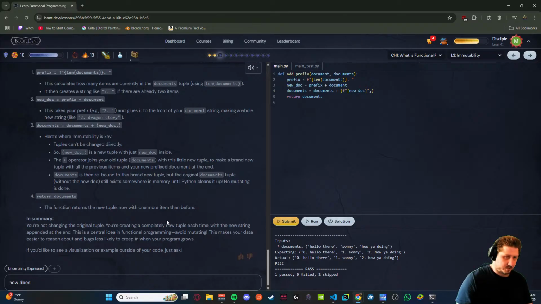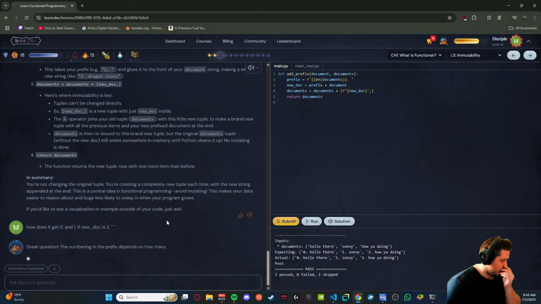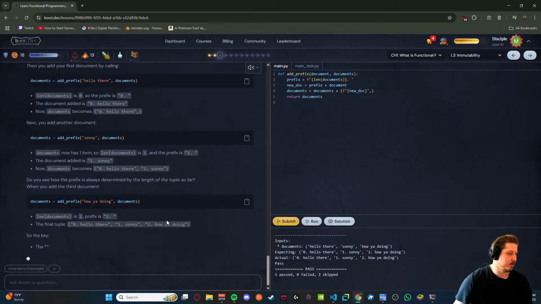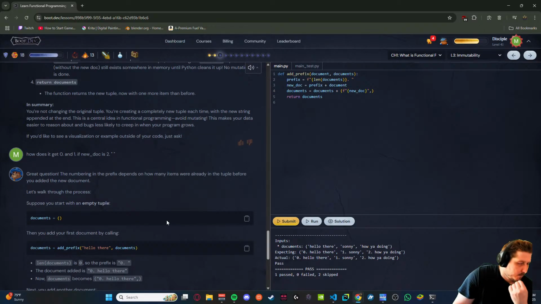How does it get 0 point and 2 dots? I mean, the prefix depends on how many items were already in the tuple before you added the new document.